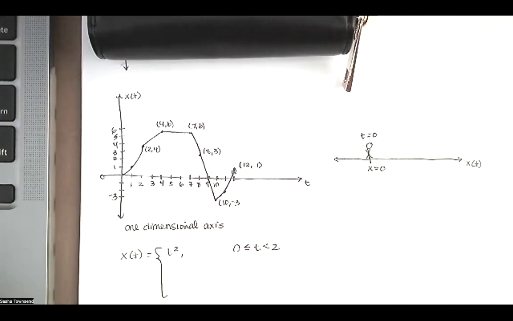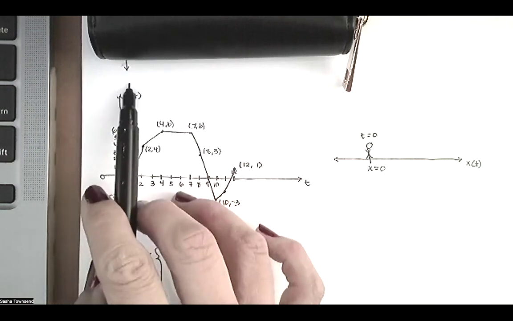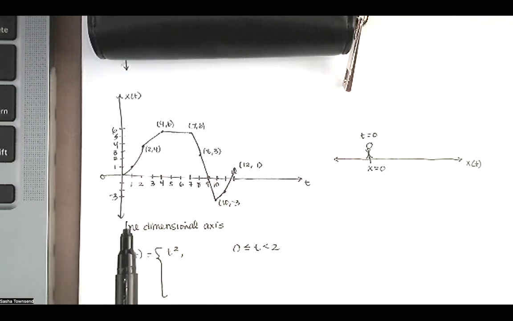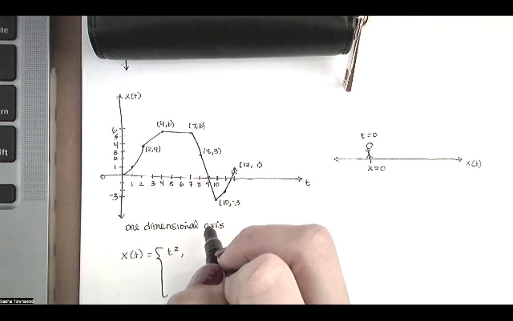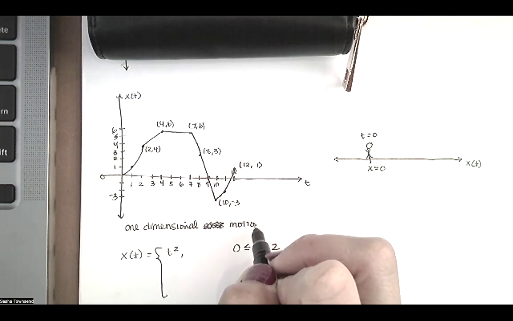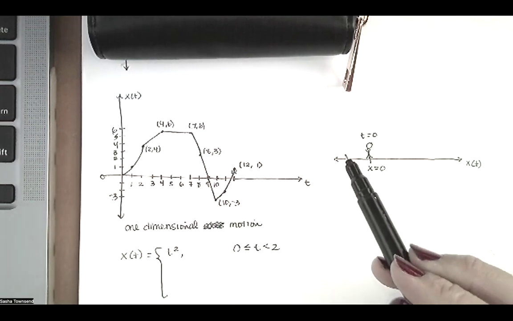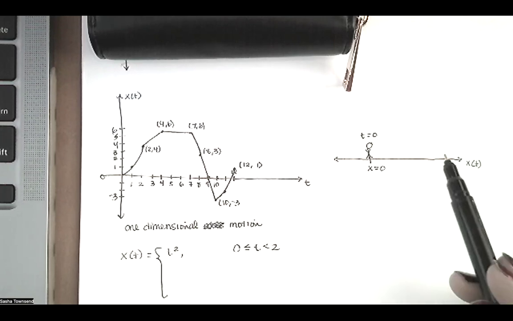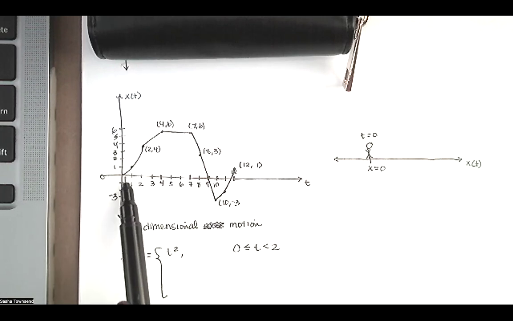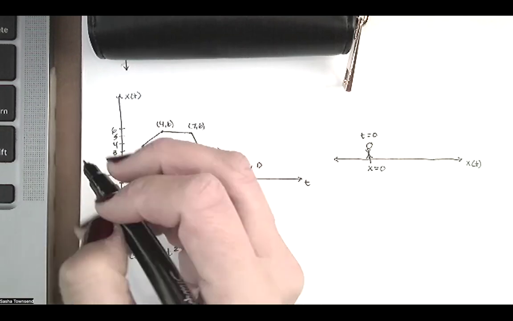Okay, so this is our x as a function of time. This is the time axis. This is our position. Now this is a one-dimensional motion problem. It's a one-dimensional axis, because basically this x position is just motion back and forth on some straight line. And this is telling us our position at some given value of time, assuming that we start at time t